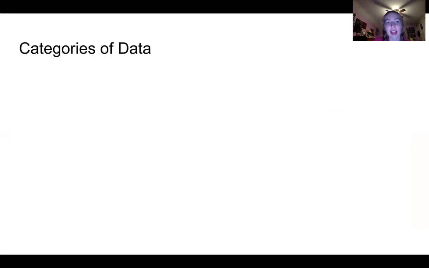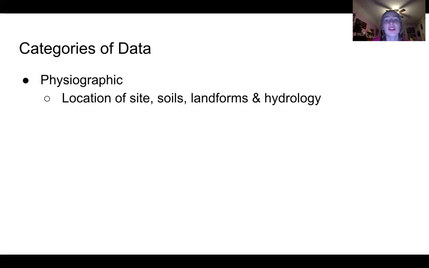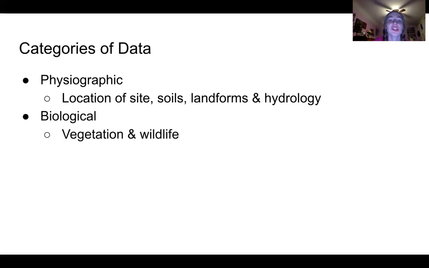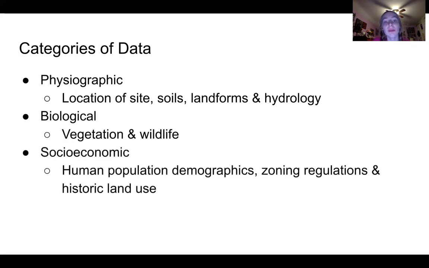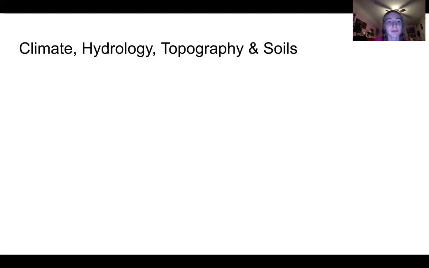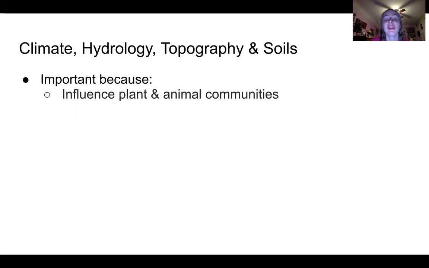Some categories of data include the physiographic information, which is your location of site, your soils, your landforms, and hydrology, your biological information, which is your vegetation and wildlife, your socioeconomic information, which is human population, demographics, zoning regulations, and historical land use. Climate, hydrology, topography, and soils play a huge part in your restoration because they influence the plant